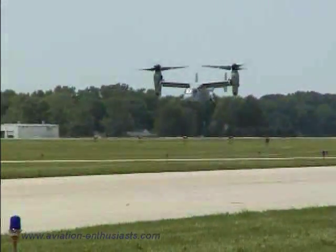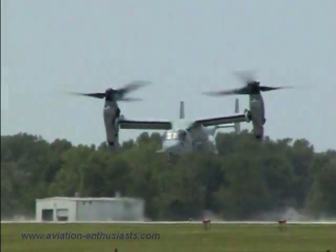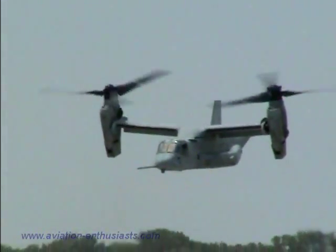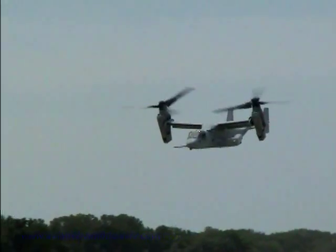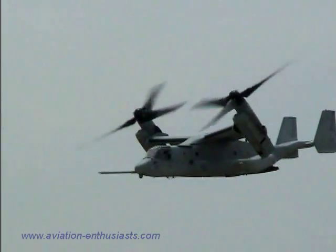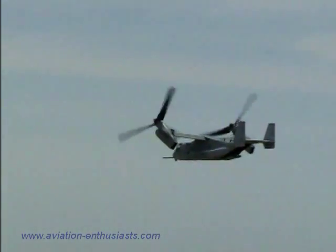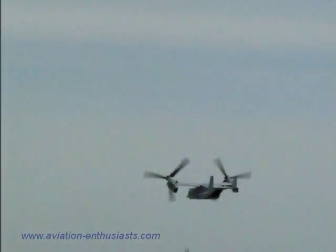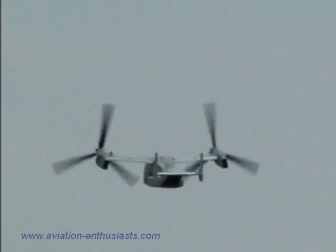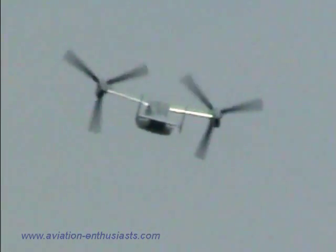See it as it's now in the air, in the helicopter mode, with the rotors parallel to the ground. But as they come by, take a look at the Bell-Boeing. A switch in the pilot's left hand is a knob that he can move to transition this airplane from a helicopter into an airplane, as the entire engine nacelle on the end of each wing rotates forward, so those huge rotors can now become propellers. Each of the jet engines, the Allison, formerly Allison, now Rolls-Royce engines made right here in